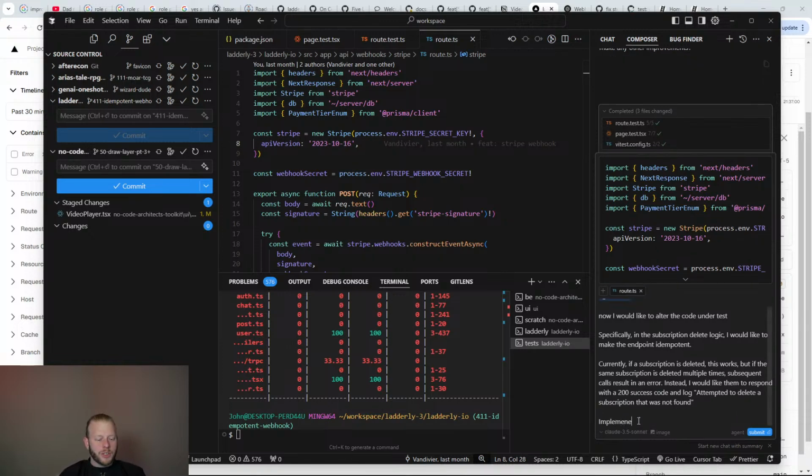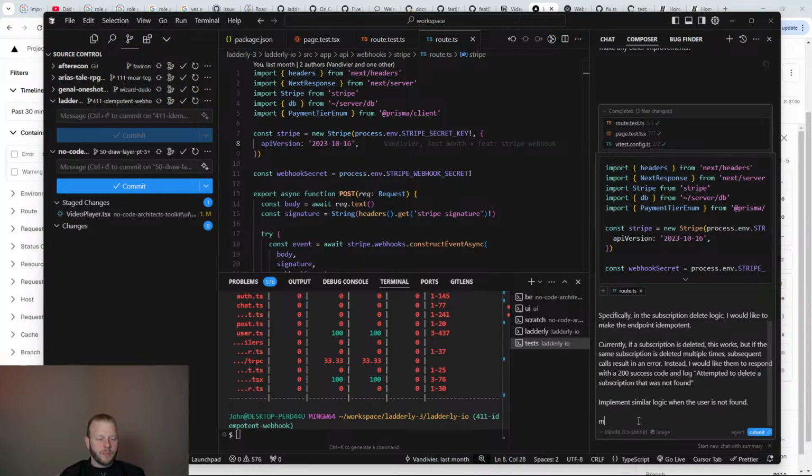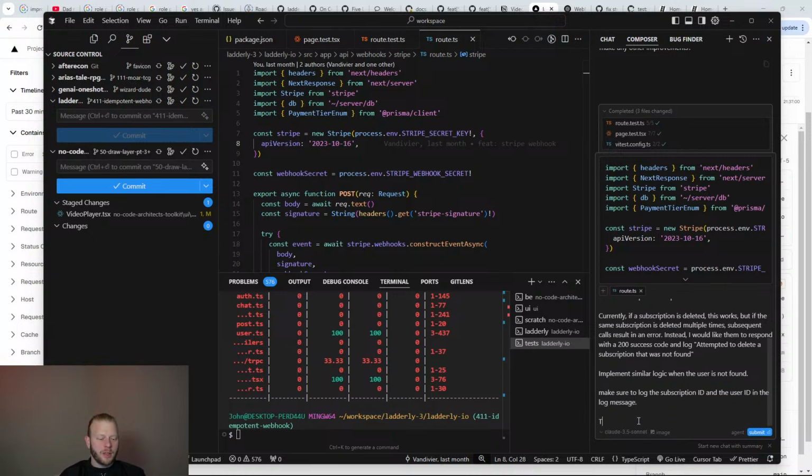Implement similar logic when the user is not found. Make sure to log the subscription ID and the user ID in the log message. Then update tests and assert that the log is observed as well.